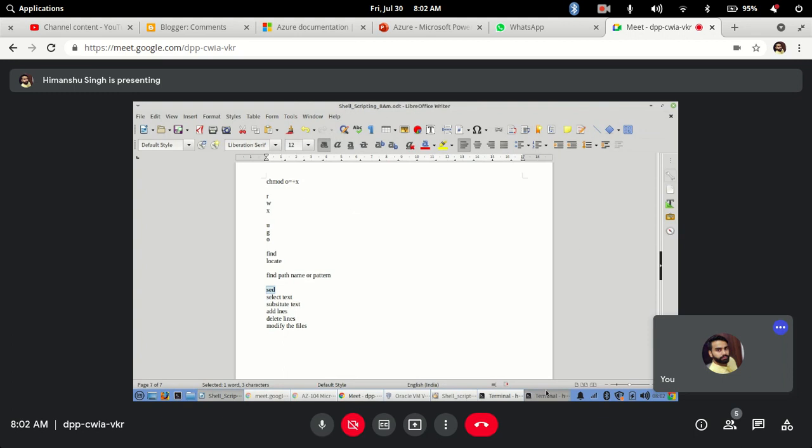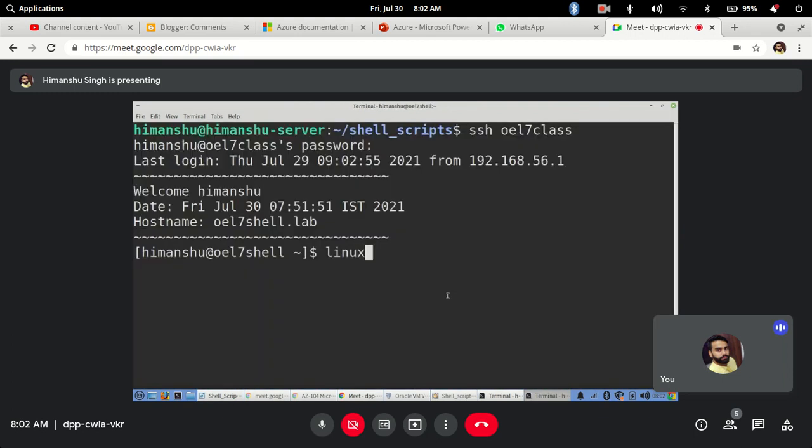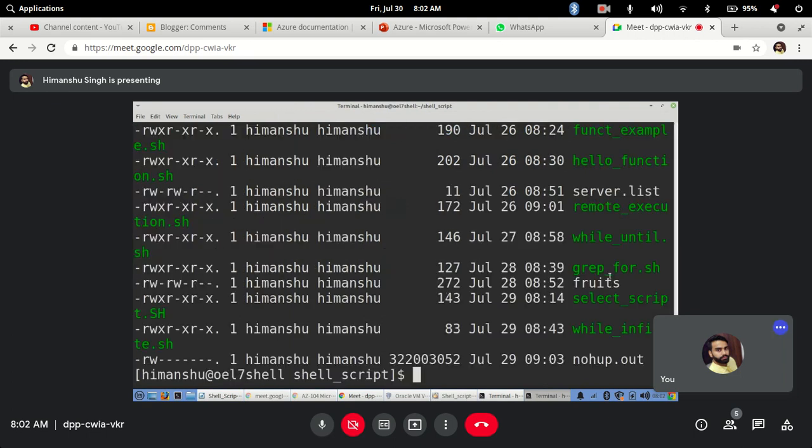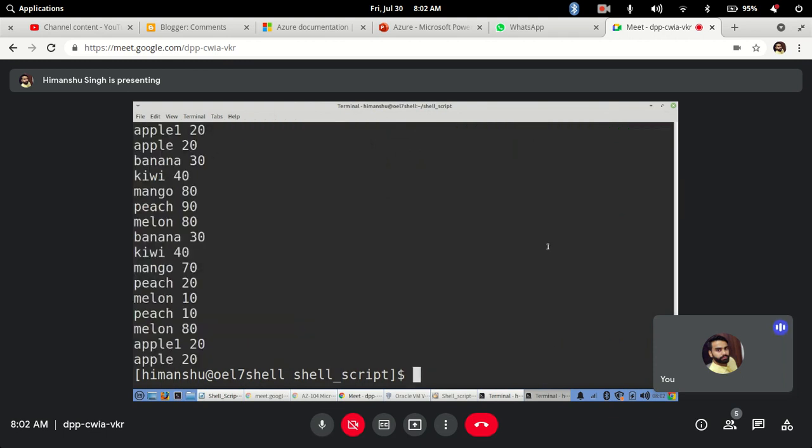Now how will this work? Let's see a simple example. Let me go to cd shell. Let's say you have this file fruits, with so many specific fruits.